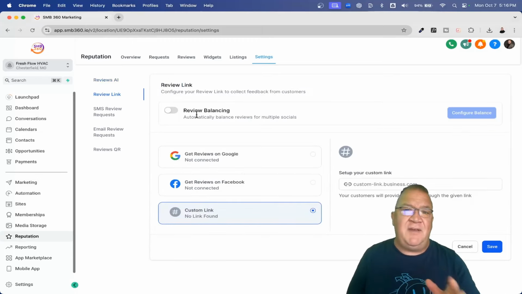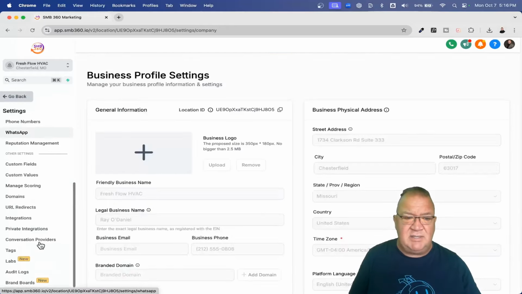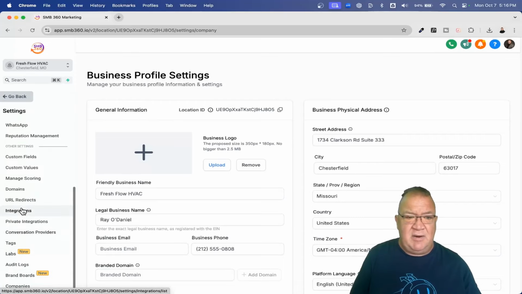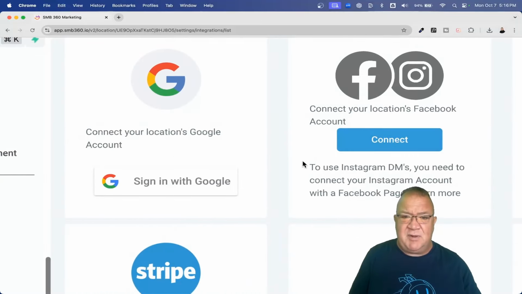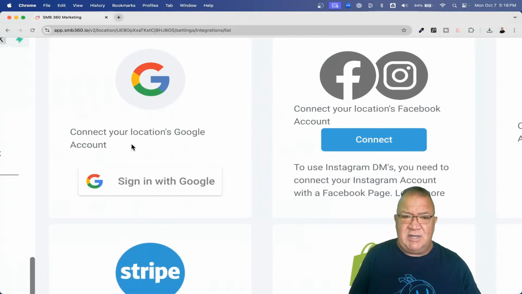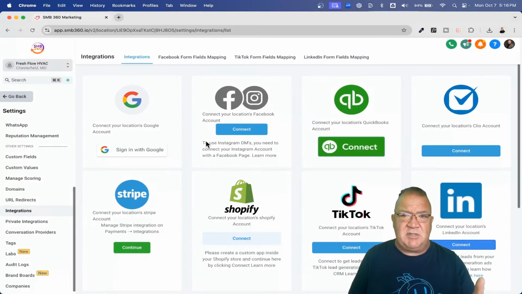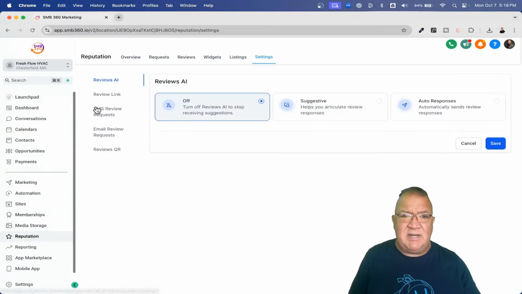Now, this is a fake company. It does not have a Google business profile. It does not have a Facebook page. I've not set that up, but let's assume that this was a client that you're actually going to configure. So if that was the case, you would actually have to go into your settings, down into the integrations area here, and from there you would set up this Facebook integration, and then their Google connection here, which would in turn connect them to their Google business profile, and then connect them to their Facebook business page. Once those are connected, then when you come back in here to the reputation area under settings, this review